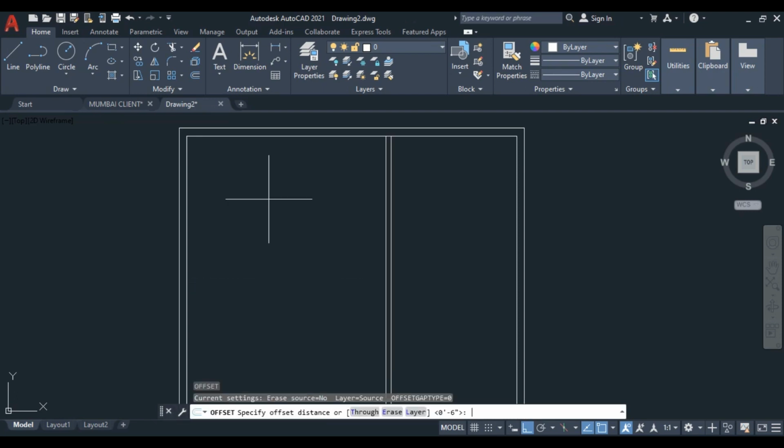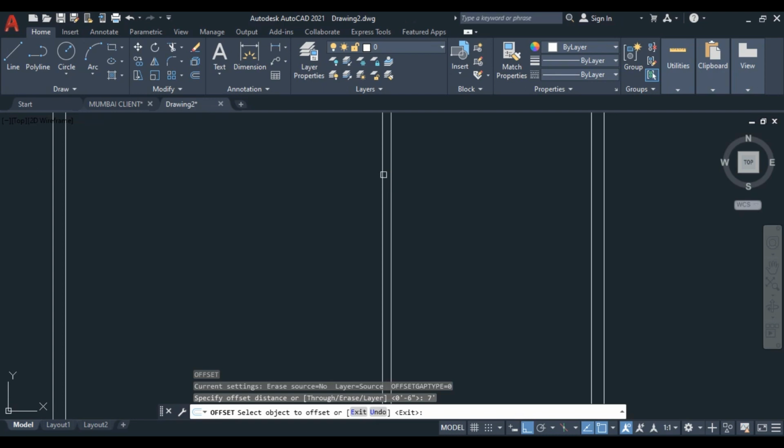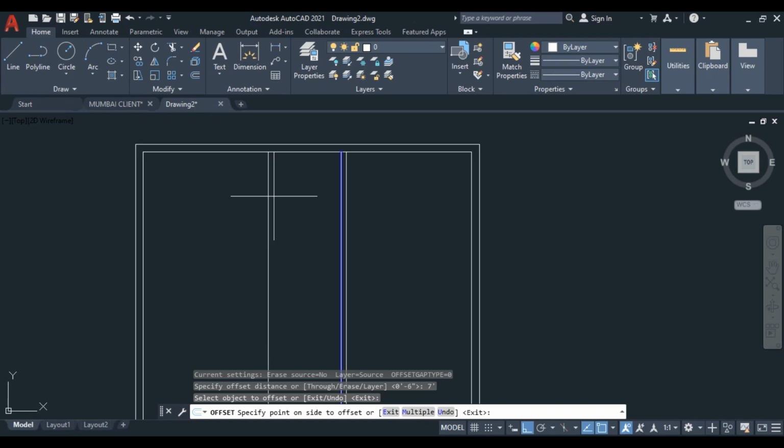now again we'll offset. Here will be the bathroom, which is 7 feet. I press 7 feet, press enter. First we'll offset this vertical line. Okay, so just click on this internal wall and just click here, because we are going right to left. Now again we take offset by pressing space bar or enter button. Both work the same, the command will be repeated, and I just press 6 inches for the internal wall, press enter, and just click here right to left. Okay,